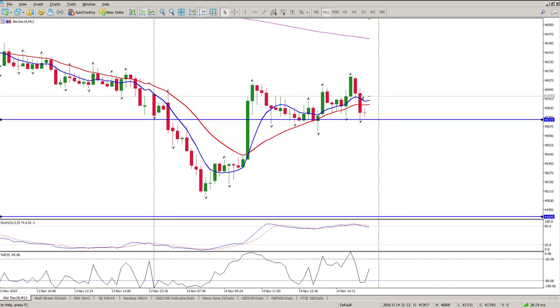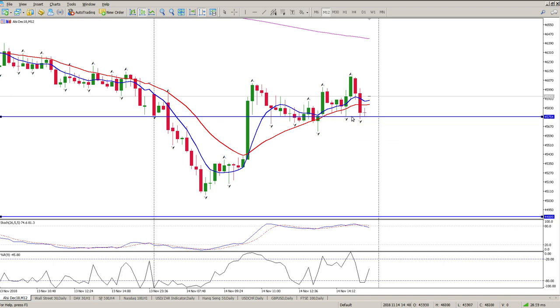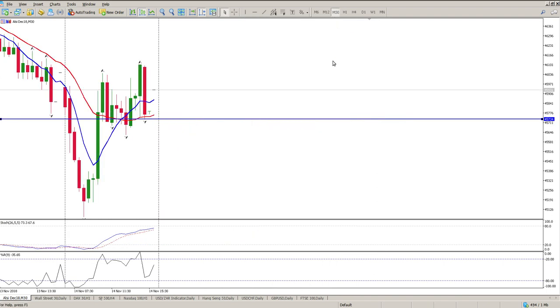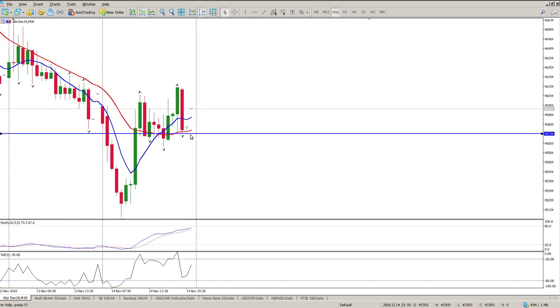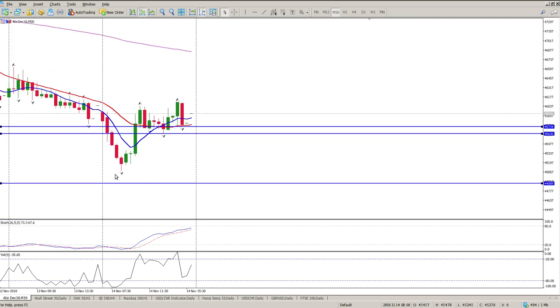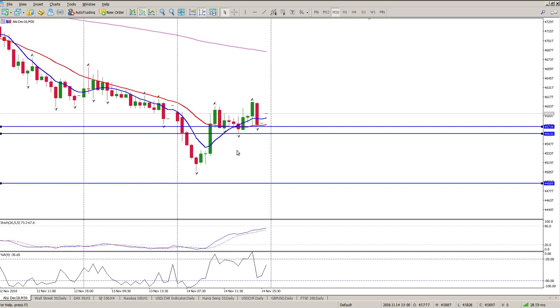Just watch this fractal. This last one was not actually quite a fractal at this stage. That's our fractal level there. But watch this previous low. This is the zone we need to watch. If you get a 30-minute close below that, this is coming down, and to me this is a double top. One, two, double top, and a double top would mean that is a neckline, and I need a break of that. Get a break of that, then we are coming down to target this gap. That is still my play for today, targeting this lower gap.